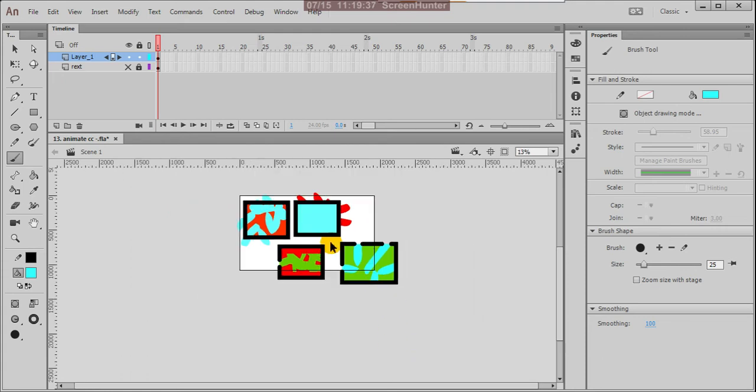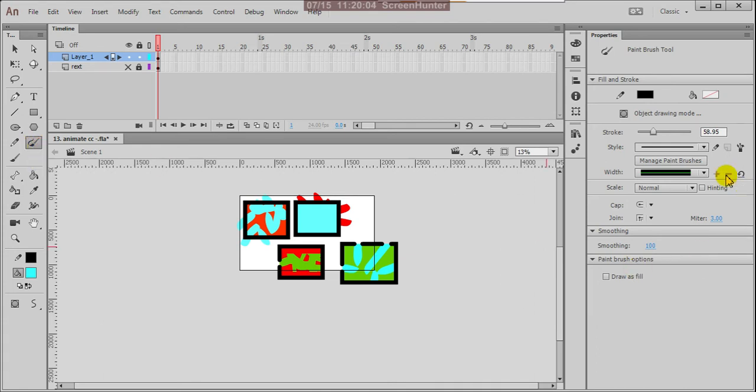So these are the different options. When you click on this brush, the options are paint normal, paint fills, paint behind, paint selection, and paint inside. By default it is paint normal, the normal brush tool. Here it is the paint brush tool, so if you click on that, the options are different.